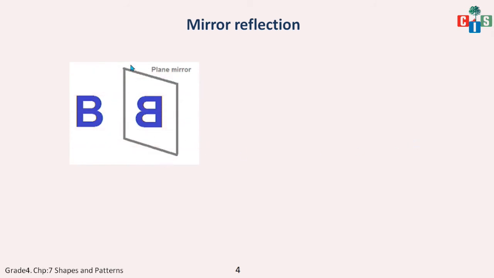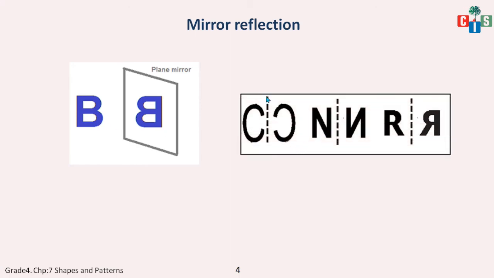Now B, where I have placed the mirror on this line. So this is a plain mirror. B will be ulta. And let's have some more alphabets. C, N and R will look like this if you have a mirror reflection. Again I am explaining that I have not placed the mirror on C, on N, on R. I have placed the mirror beside C, beside N and beside R. This will help you to solve exercise 7.4. You have this R there. Okay, you will find the difference.